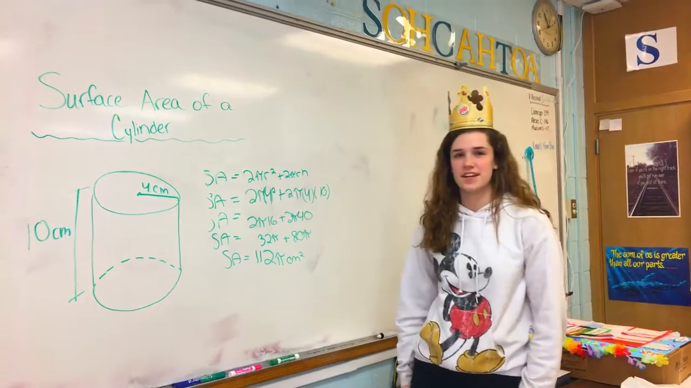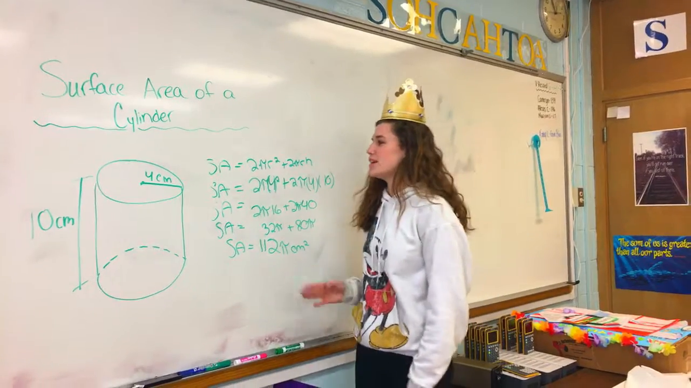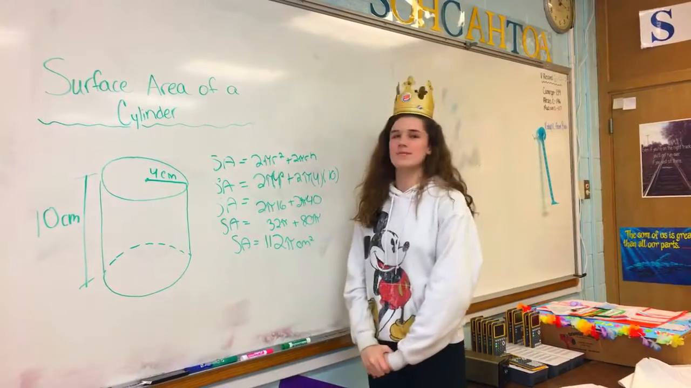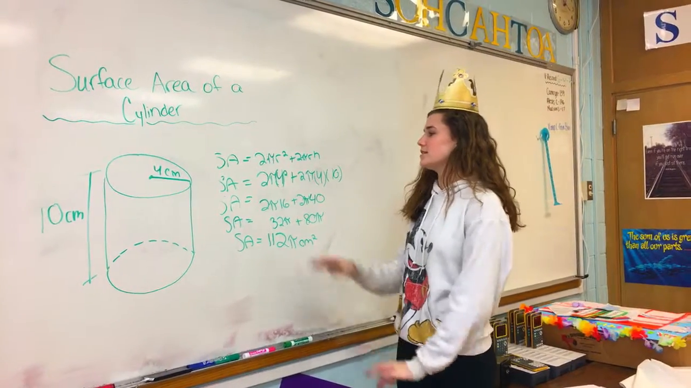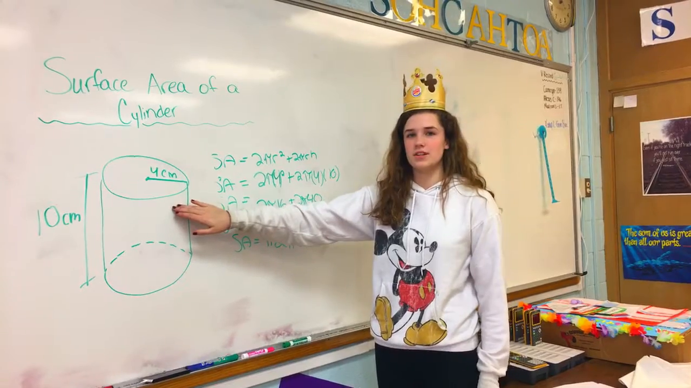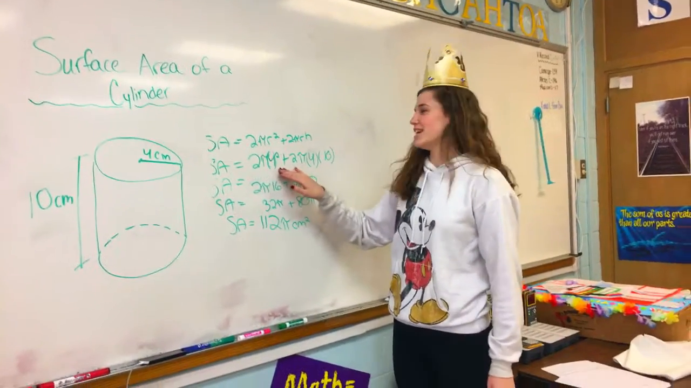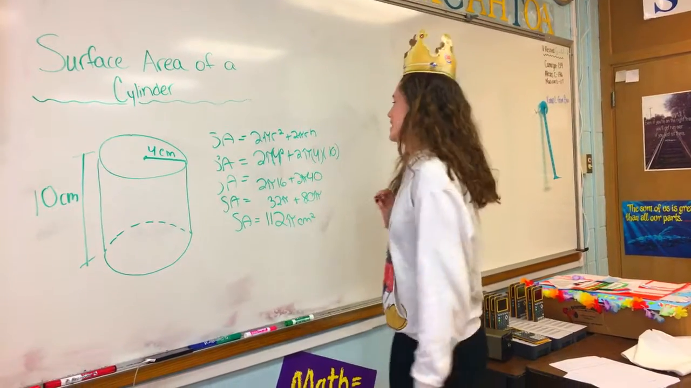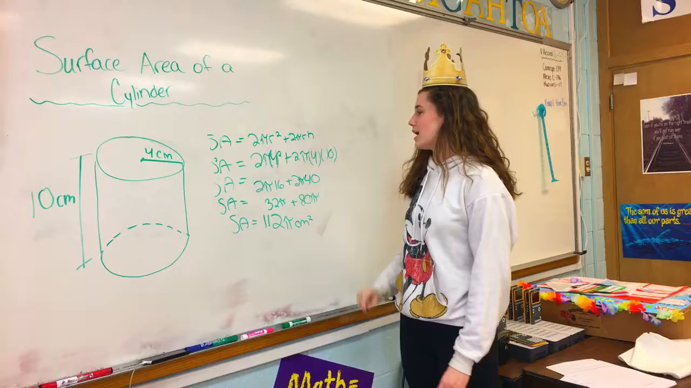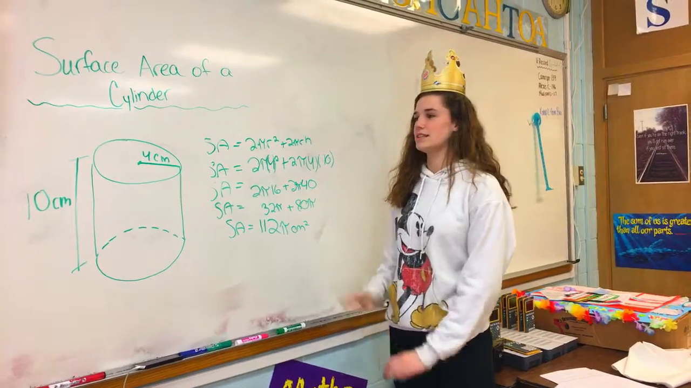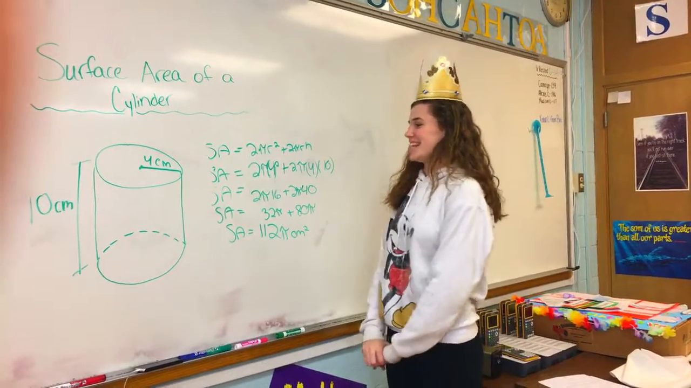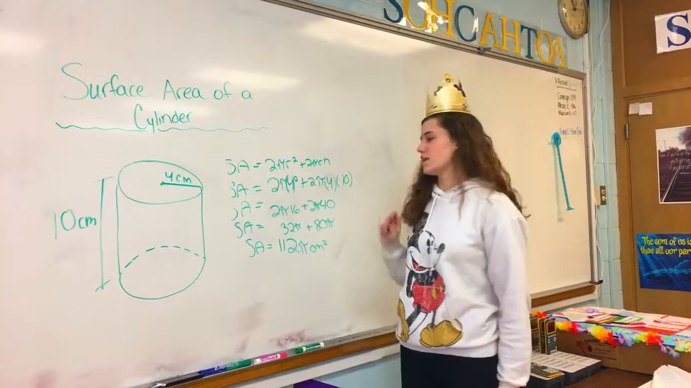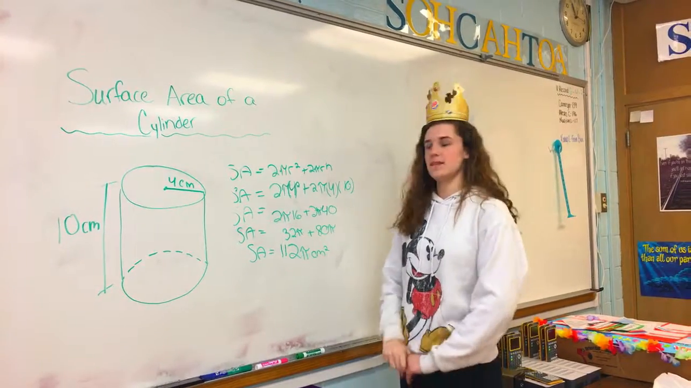To find the surface area of a cylinder, we have an example for you. First, you would write out the surface area equation, which is 2 pi r squared plus 2 pi r h. Then you would substitute the numbers in your example into your equation. So it'd be 2 pi 4 squared, because 4 is the radius, plus 2 pi 4 times 10, because 10 is your height. Then you would do 4 squared and get 2 pi 16, and then